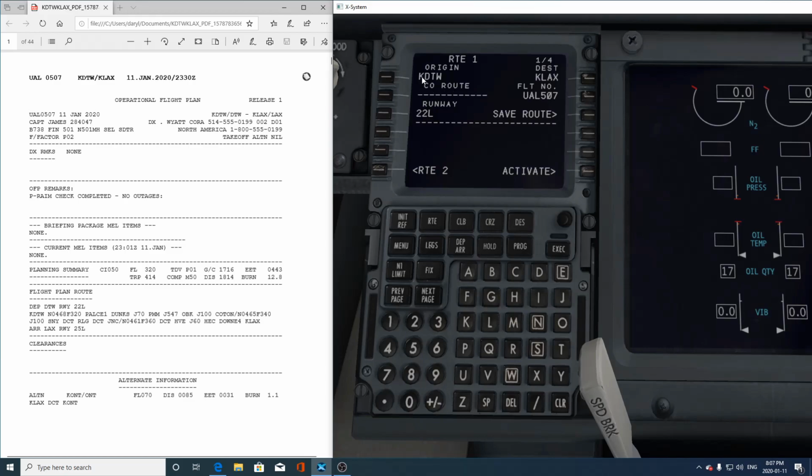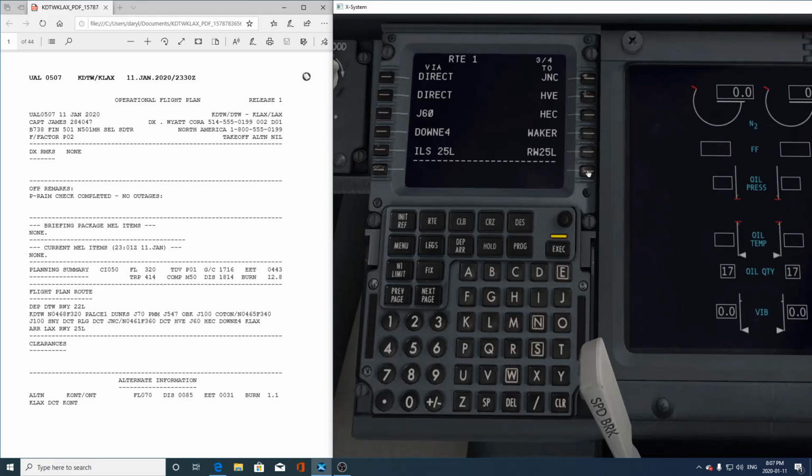So you just read out Kilo Delta Tango Whiskey going to Kilo Lima Alpha X-Ray, United Airlines Flight 507, departing runway 22 left. The Palace 1 departure to Dunks, Jet 70, Papa Mike, Jet 547, Oscar Bravo Kilo, Jet 100, Sierra November Yankee, direct to Romeo Lima Golf, direct Juliet November Charlie, direct Hotel Victor Echo, Jet 60, Hotel Echo Charlie, the Downey 4 arrival to the ILS runway 25 left. And if that looks good, activate it,